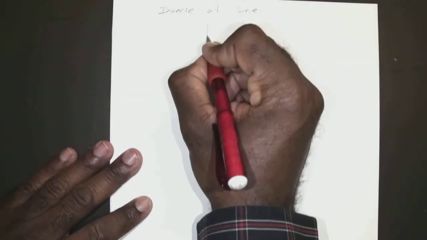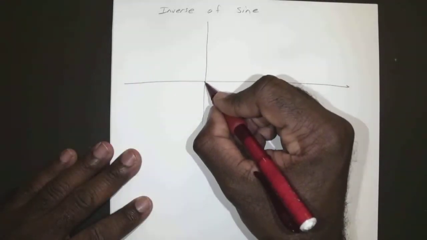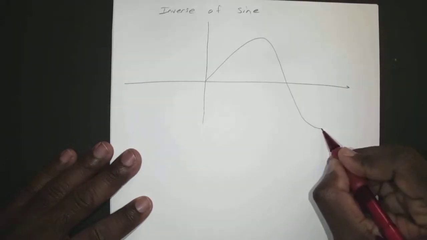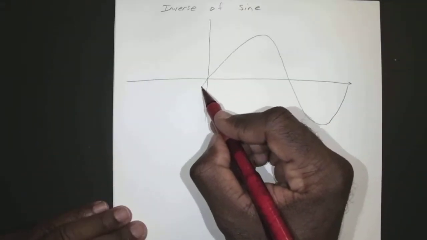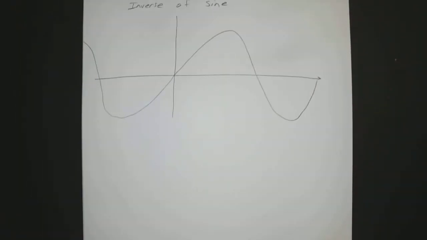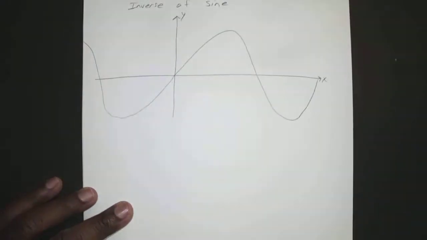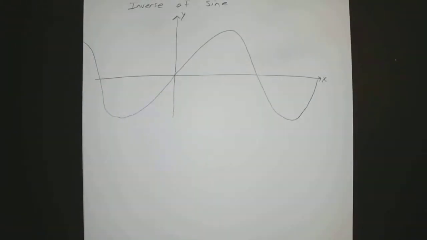Okay, so let's say we start with a drawing of how sine would look. Okay, so we know the sine wave kind of looks like that, and it looks the same if you go in the other direction, but not nearly as warped. Okay, so you have your x, you have your y. This is your sine. Okay, so we can see it fails the horizontal line test instantly. If we draw a horizontal line, it will cross in more than one spot. So what we're going to do is